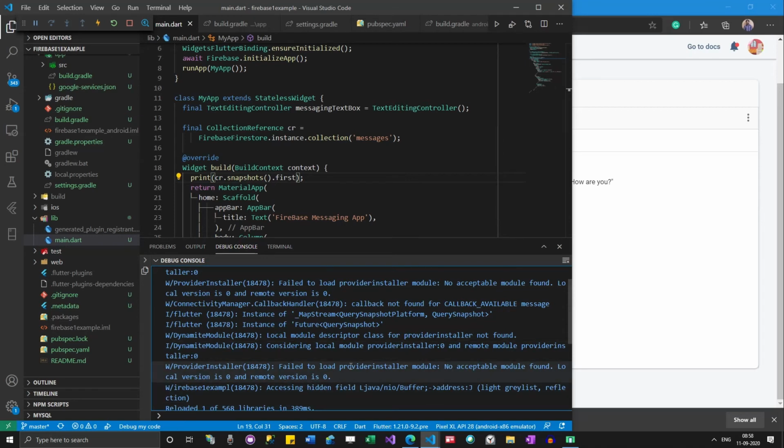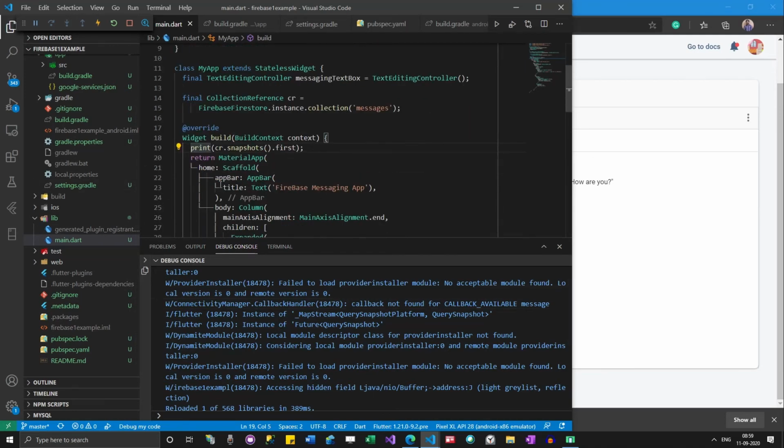It says that it has got an instance of future snapshot, which means that you won't be able to access it like this, because it is something that's coming in the future. When this part of code is called, it's not available.